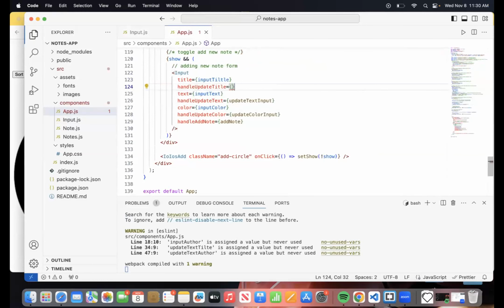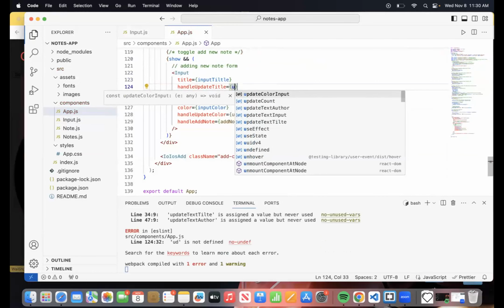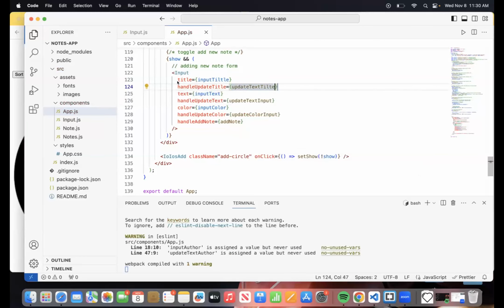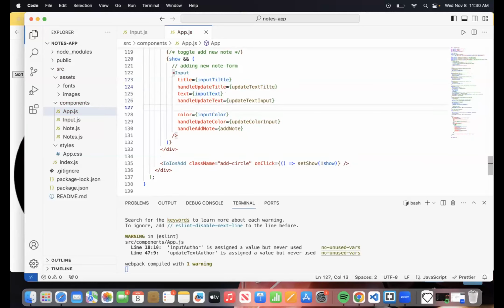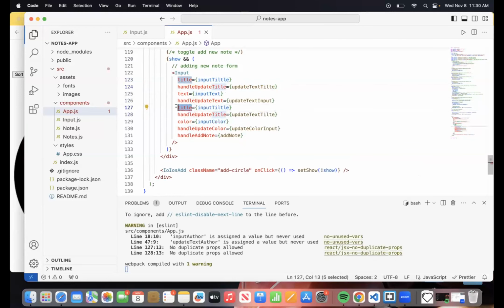Handle update title, and inside this I'm going to write down update text title. Are you guys with me so far? Anyone finding it difficult to follow? Should I slow down? Do let me know in the chat, okay?